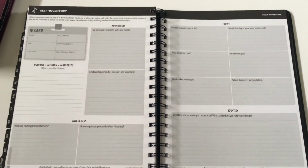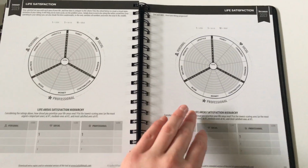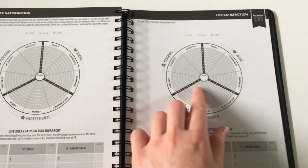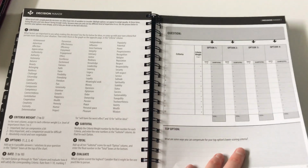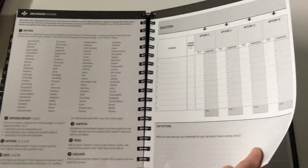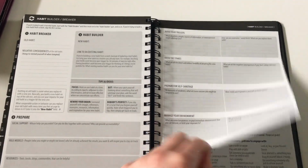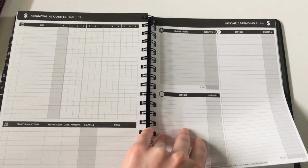So the self-inventory page I was talking about before, I personally probably wouldn't use this page, but it's there if you want to. You get what I call a mood wheel, but they call it a rating wheel. You can color in where you're at. And then the decision maker, which to be honest I didn't use in the 2018 one, but it's something different, so you might want to give it a go. And then a belief page. And then we go into a habit builder, change focus,